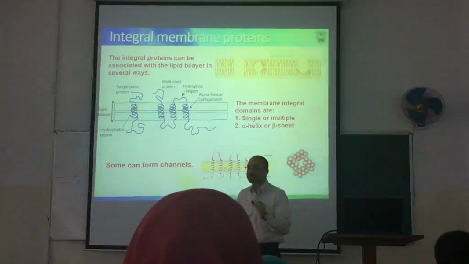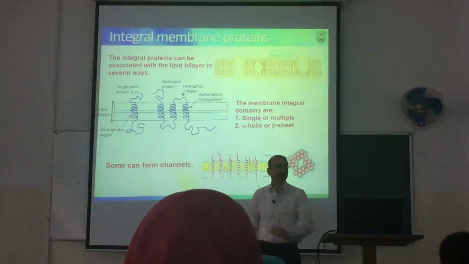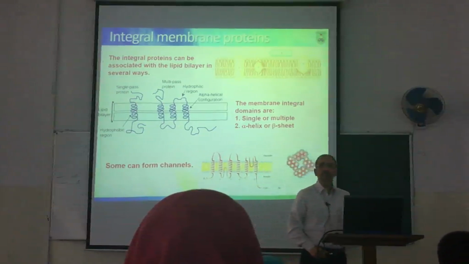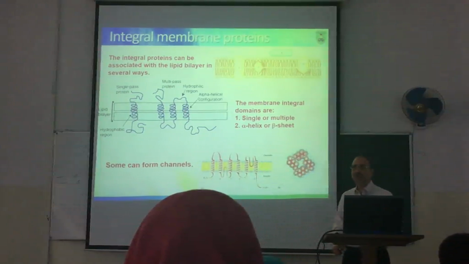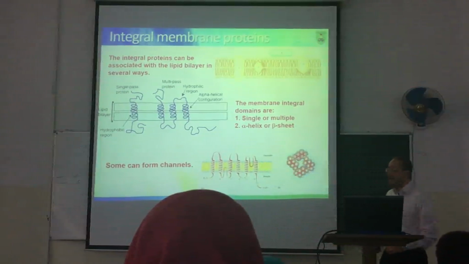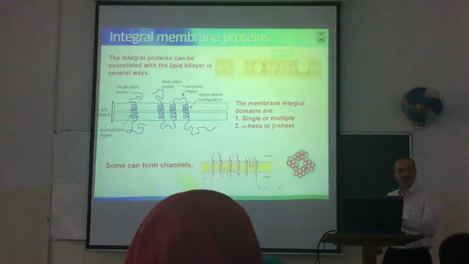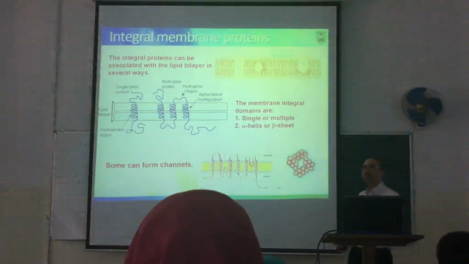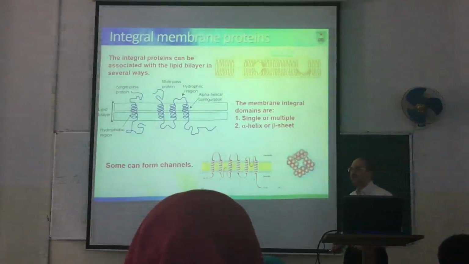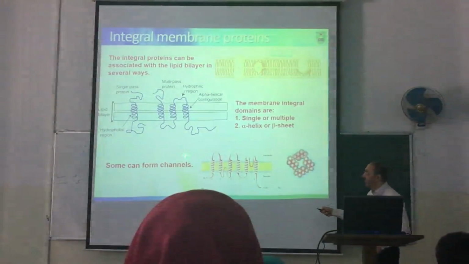These 7 transmembrane domain proteins have a very important function in signaling. They are known as G proteins. Some proteins have a lot of passes, or integral domains, or transmembrane domains, and they simply form